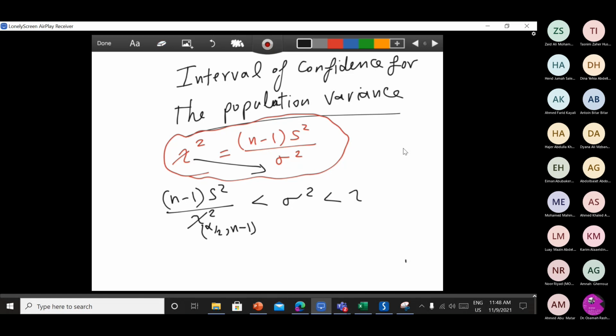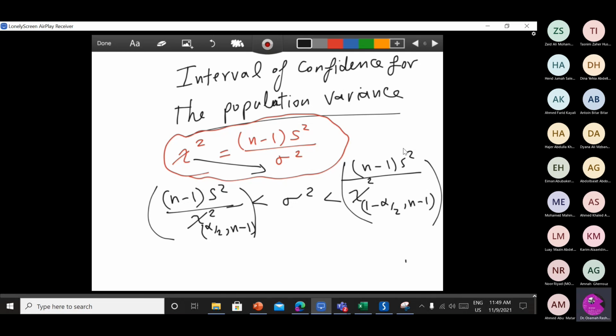Chi-square of 1 minus alpha over 2 and the degree of freedom n, oh sorry, n minus 1 times s squared. This is the formula you are going to use. You have everything, right? Let's go for the same